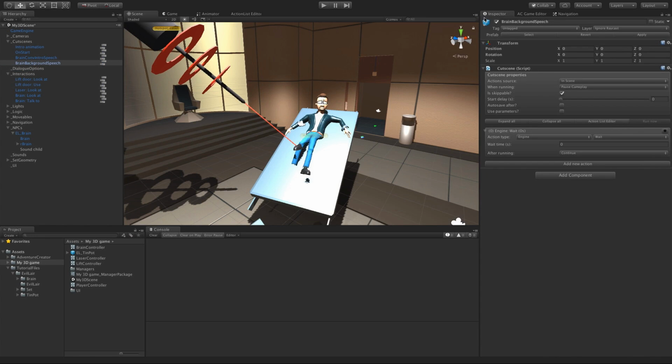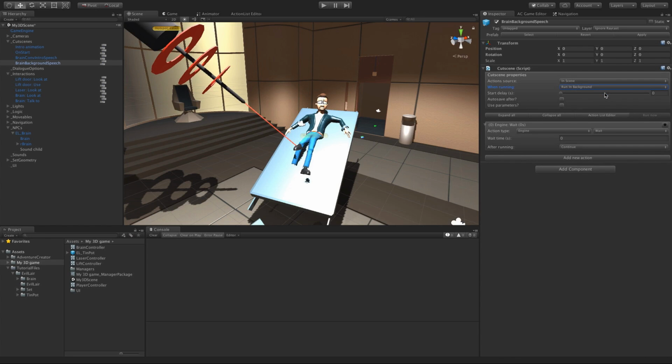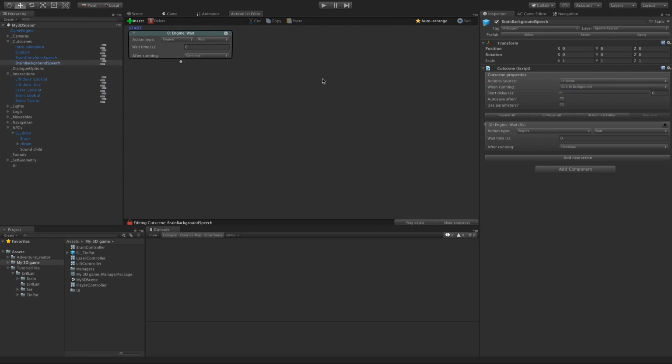And this time I'm going to go to the inspector, and underneath Cutscene Properties, I'm going to change the When Running field from Pause Gameplay to Run in Background. And that means that it's not going to interfere with gameplay. So opening up the ActionList editor for it, I'm going to start with an engine wait of about 3 seconds,